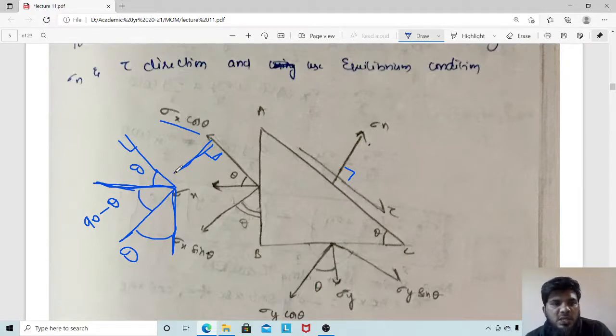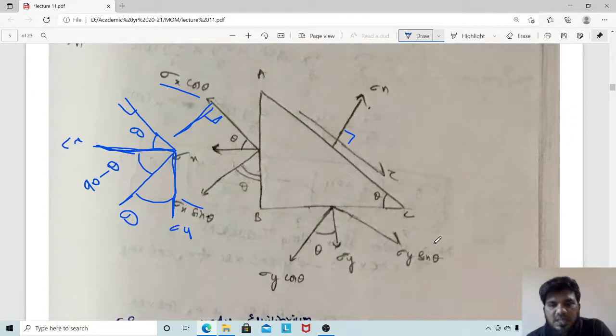After doing this, so this is sigma x, this is sigma y. So I have done both the sigma x and sigma y resolution. Once we are done, we can take sigma x cos theta, sigma x sin theta. Next, sigma y is here. So this is the adjacent side. So see, this is sigma y cos theta. This is opposite to this, that is nothing but 90 degrees to it. So it is sigma y sin theta.